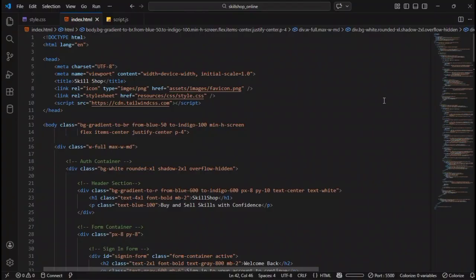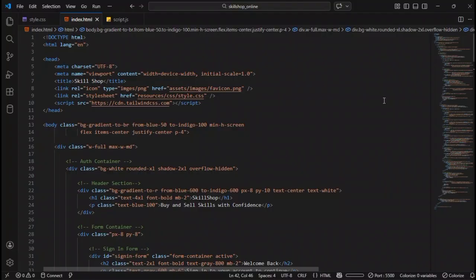Okay, now let's move on to the coding part. Inside the index.html file, at the very top, I have given the doctype HTML so that it tells the browser that the document is an HTML document, which says the version of it. And then we have the html lang attribute, which defines the language of the page. And inside that we have a head tag,